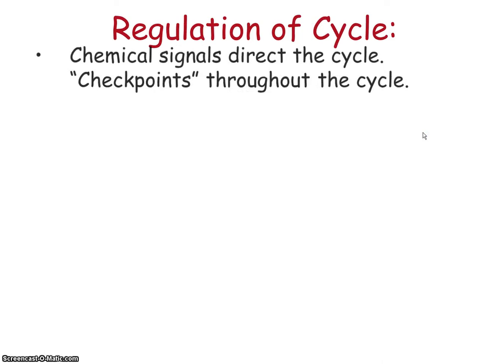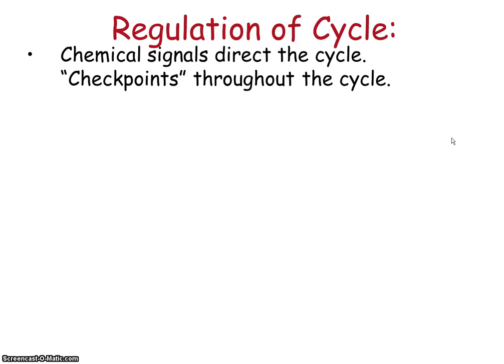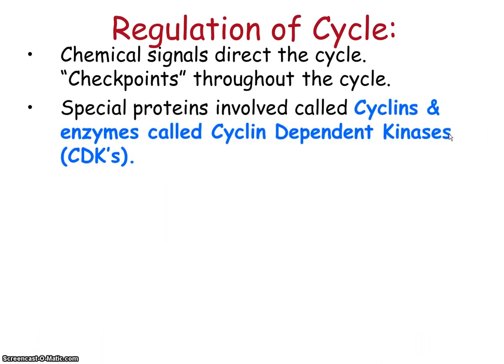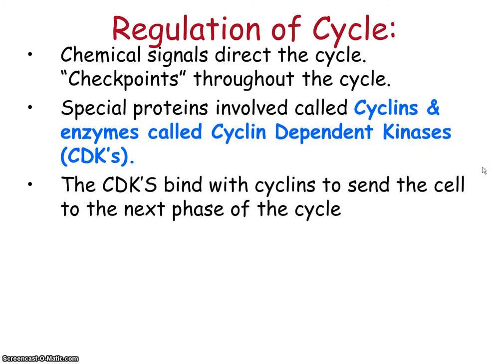And so they discovered that there were these checkpoints during the cell cycle, and these proteins called cyclins were involved. And these enzymes would be produced, cyclin-dependent kinases, or CDKs, and when those enzymes were produced and bound to the cyclins, that's what stimulated the cell to go into the next phase. So if the cell makes, for example, too much of that enzyme, that cell may reproduce too much. And if the cell doesn't make enough, it may not reproduce at all.